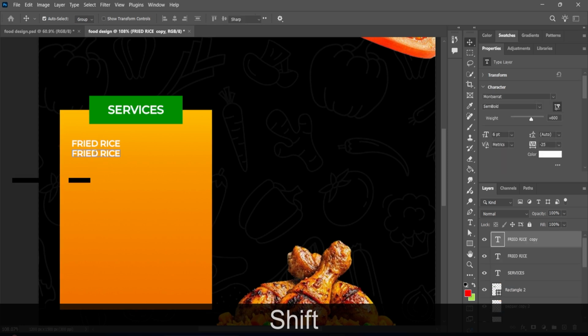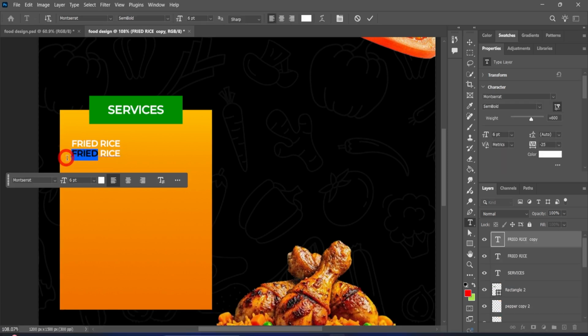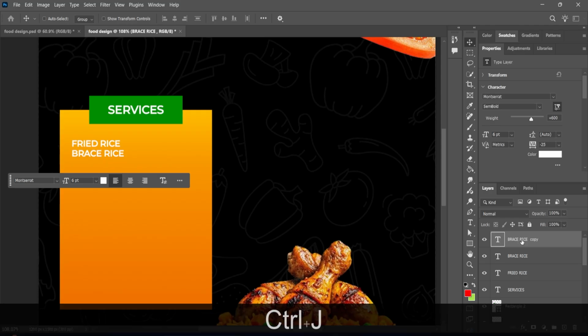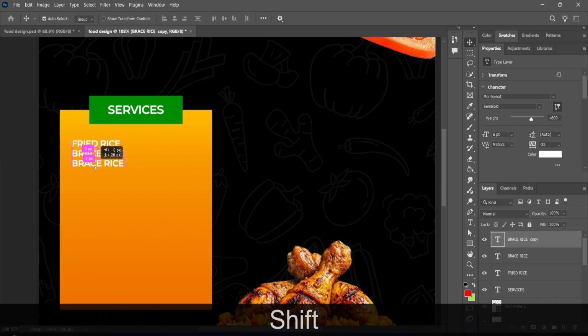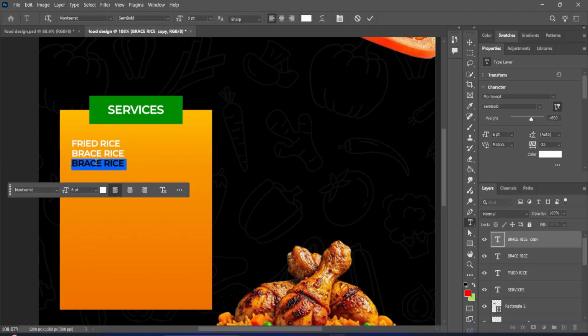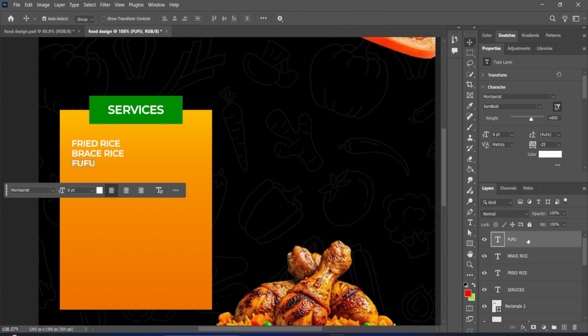Then I'll change this one to braised rice. I'll click on braised rice and I'll duplicate that one. Ctrl J. I'll click on it, hold shift and bring it down. This one I'll name it fufu, and I'll click, make sure that I've selected the fufu. I'll duplicate that one,